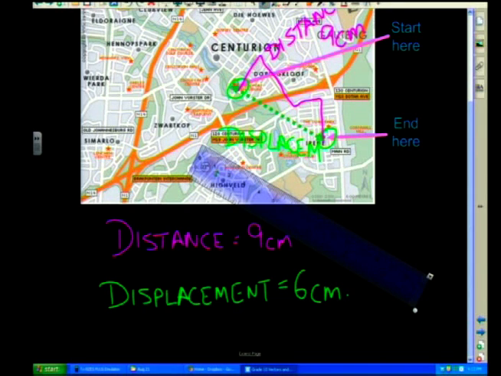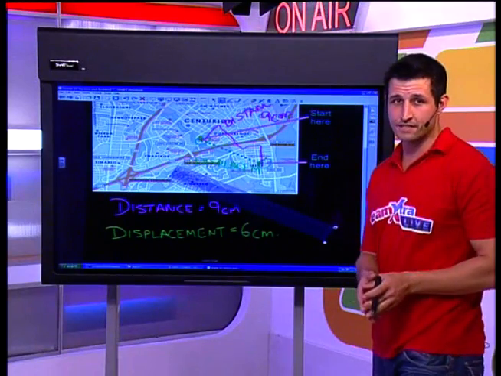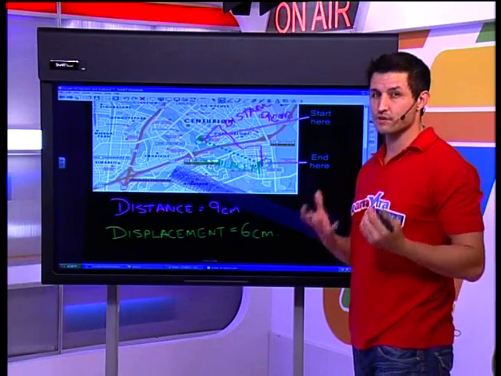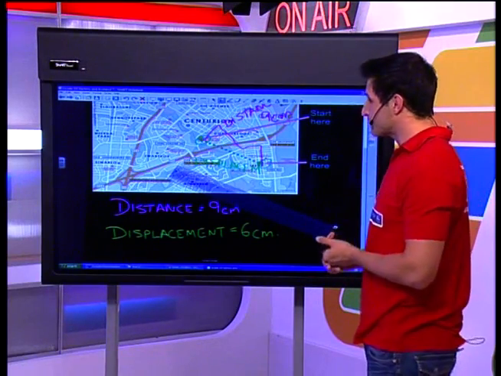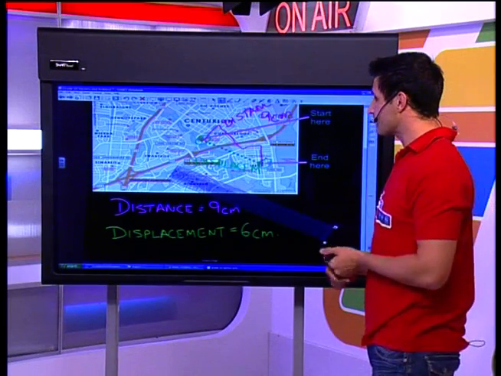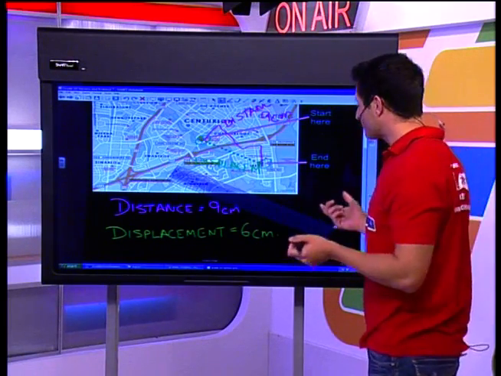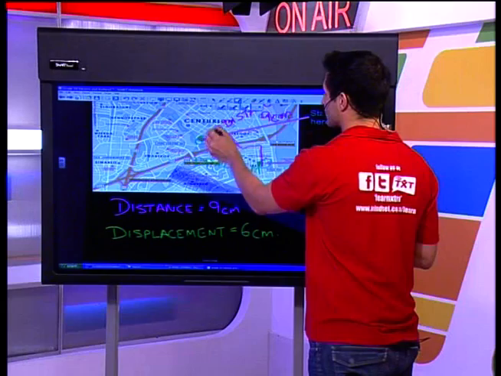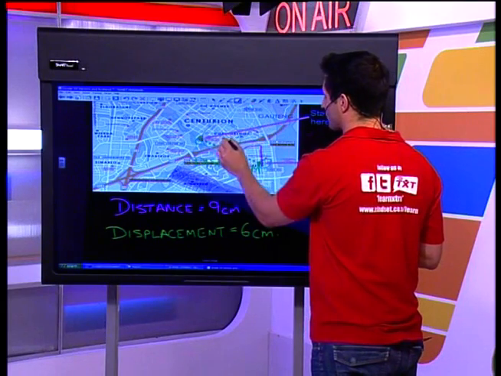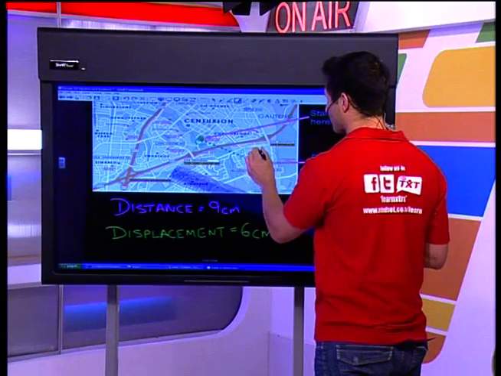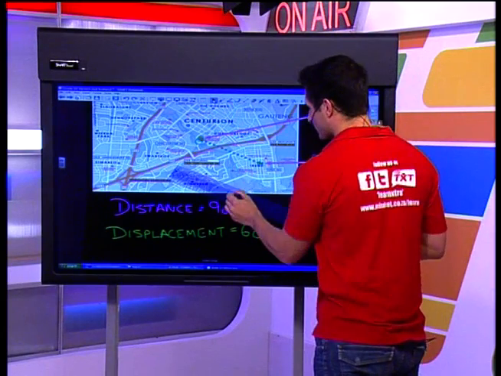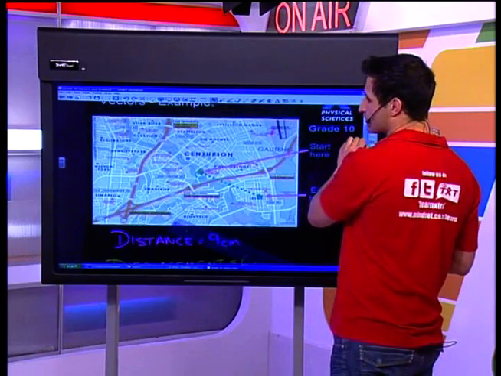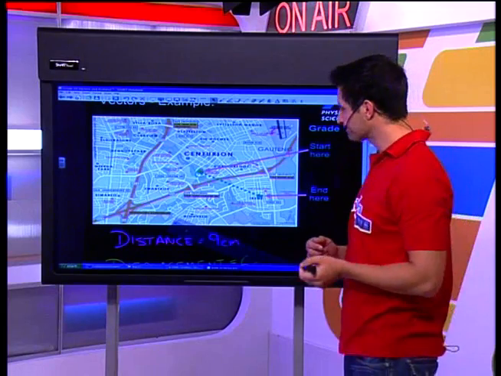Now, if I was to give this as my final answer in an exam, I would not get my marks. What I've got to do is give some sort of direction. Now, here's a bit of a problem. How do I give direction directly off a map? I'm actually going to make a little bit of space in order to do that. So let's grab our eraser and get rid of all this excess writing on our map. I wish I could do this in real life to my map. And then let's move our ruler out of the way, and let's try and figure out how we could describe our displacement on my map.